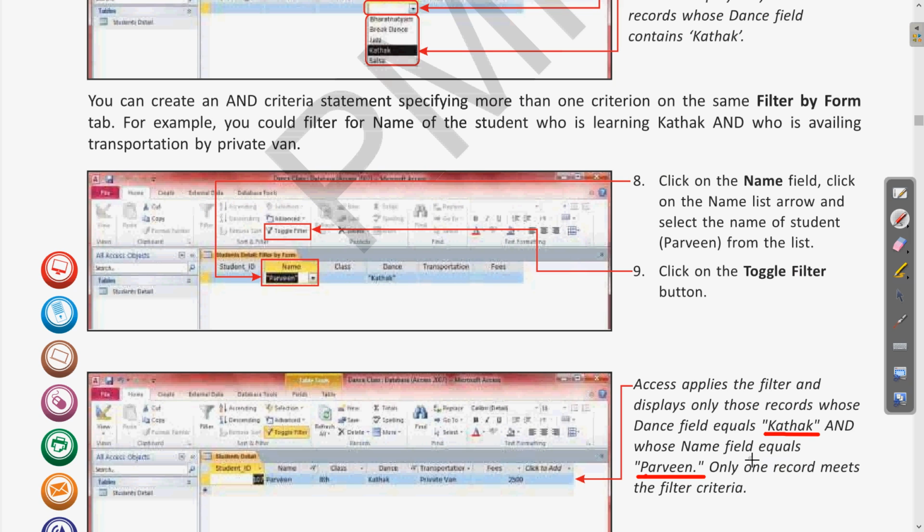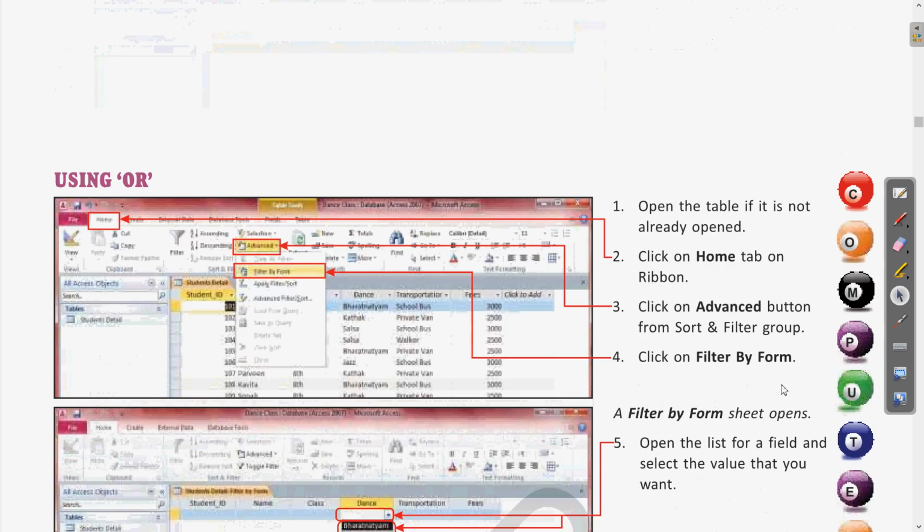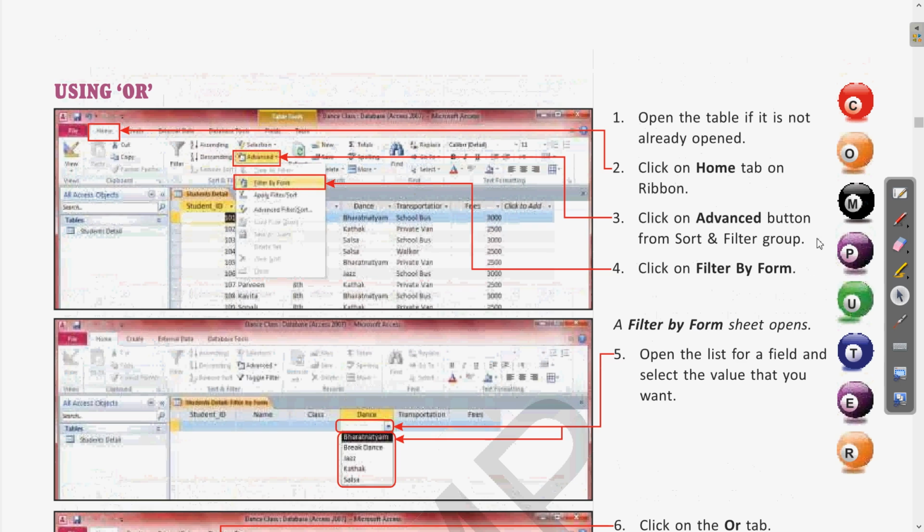So any of the things can be used in the selection criteria as per our requirement, clear. So let us erase this and now see how to use the OR condition.